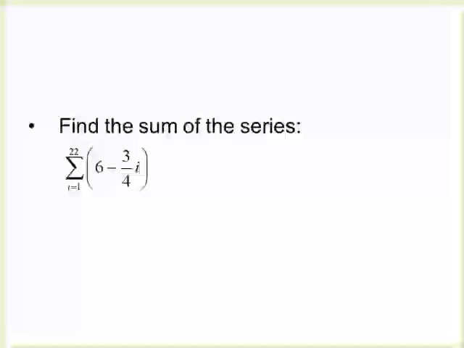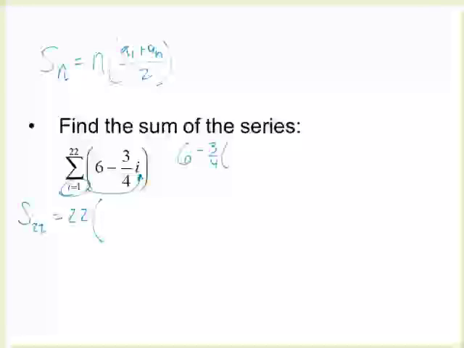Okay. So S sub n equals n times a sub 1 plus a sub n over 2. What's n? 22. The number on the top gives us our n. A sub 1 is what we get when we plug in the bottom. So 6 minus 3/4 times 1 is 5.25. Then a sub n is what we get when we plug in the top. So 6 minus 3/4 times 22,